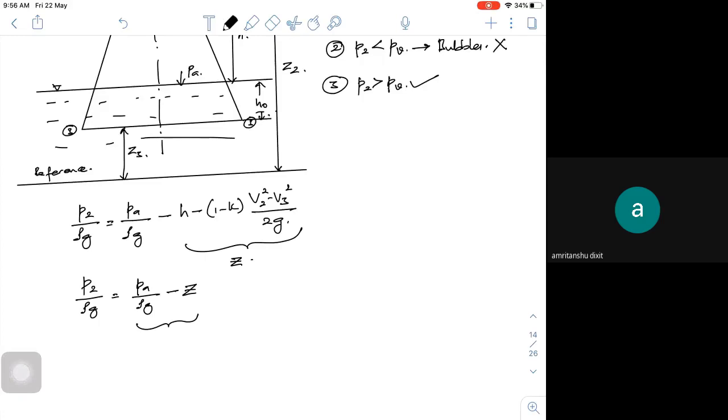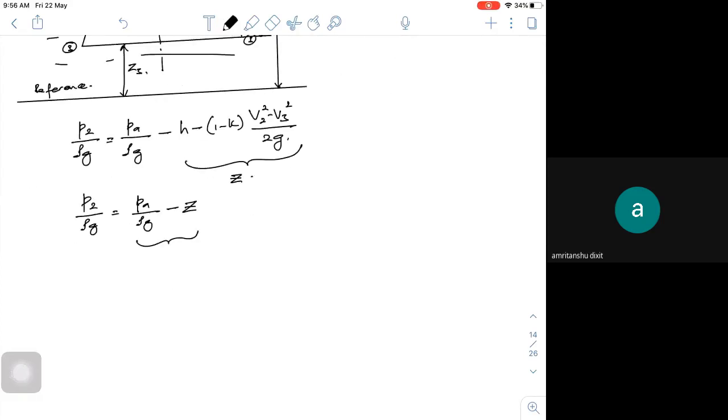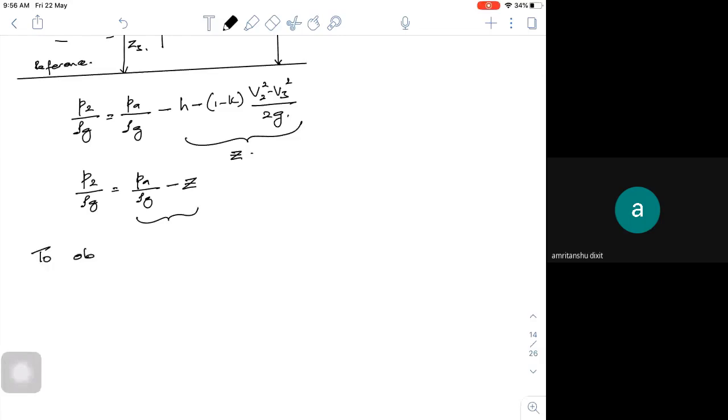So to obtain the condition for no cavitation,